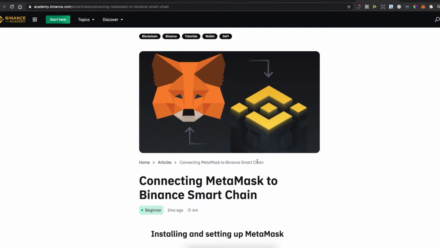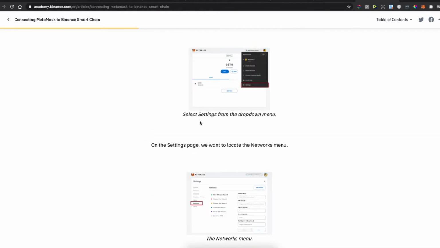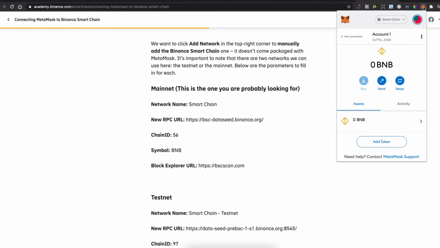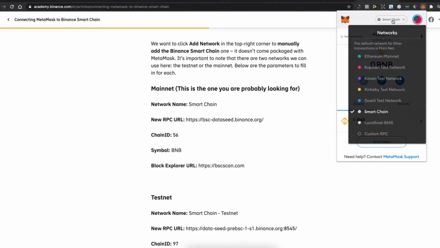Hey guys, in this video I will show you how you can connect Binance Smart Chain to Metamask and PancakeSwap. It's really fast and easy, and the first step you need to do here is go to this article. I will leave this article in the description below so you can easily find it, but it's on academy.binance.com, and then you need to scroll down until you see mainnet, right? And then open your Metamask Chrome extension, and then select here, it should be Ethereum mainnet, and then